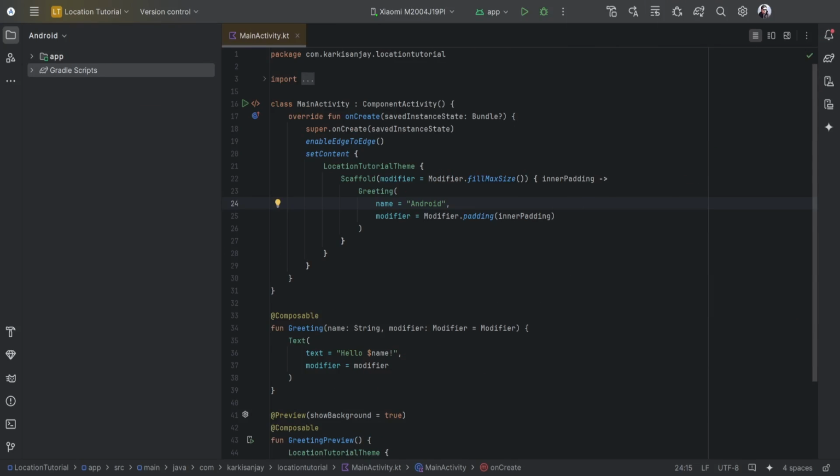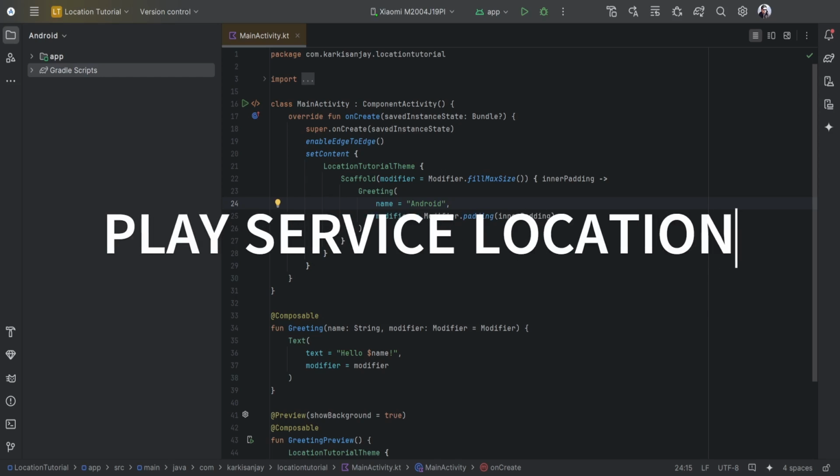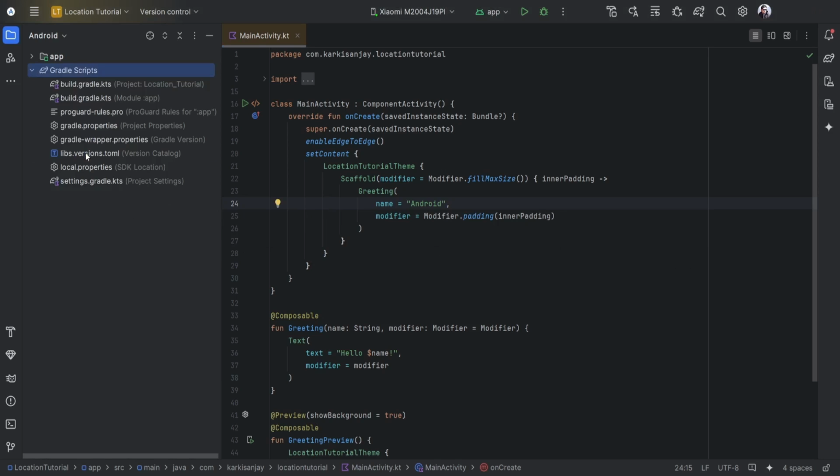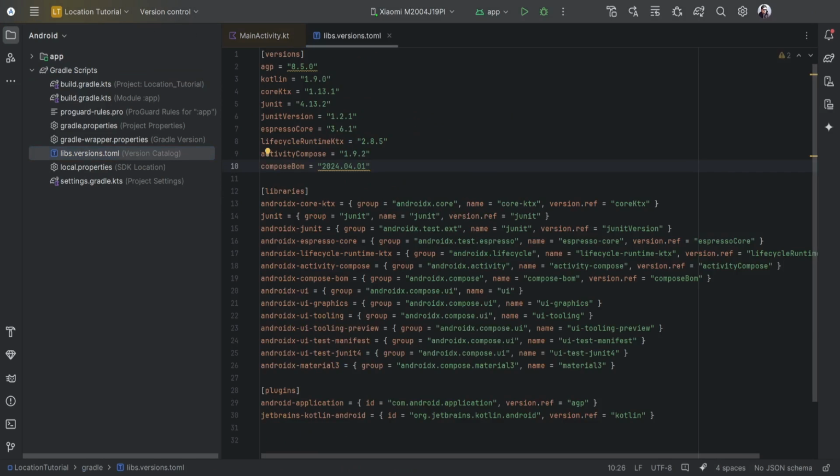So as you can see, I have opened my Android Studio and created a project called Location Tutorial. And in this project we'll be requiring a dependency, that is Google Play Services Location, as we are working with the location, so we need to provide that dependency. So let's add that dependency. So let's go to our TOML, and here we need to provide the